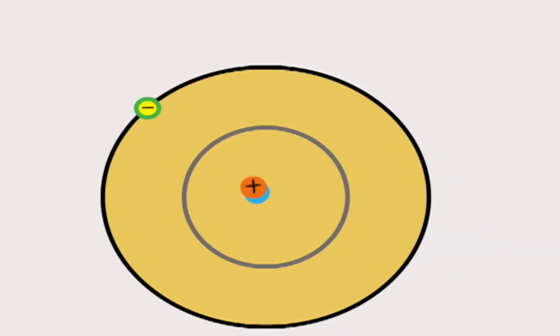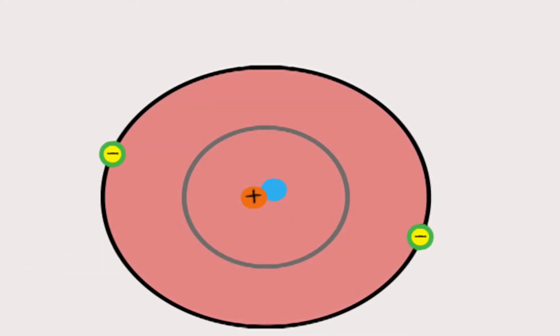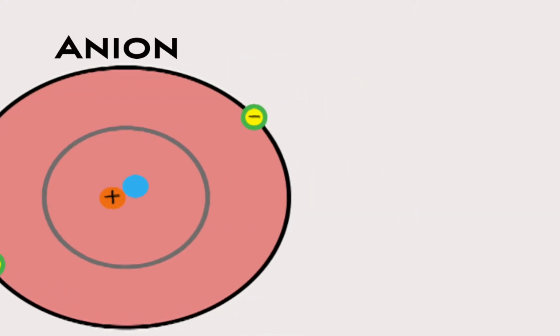When an atom has an unequal number of protons and electrons, it becomes an ion. Ions can be positively charged if they have more protons than electrons. We call these ions cations. Or they can be negatively charged if they have more electrons than protons. These are called anions. A battery consists of 3 parts: an anode, the negative side, a cathode, the positive side,